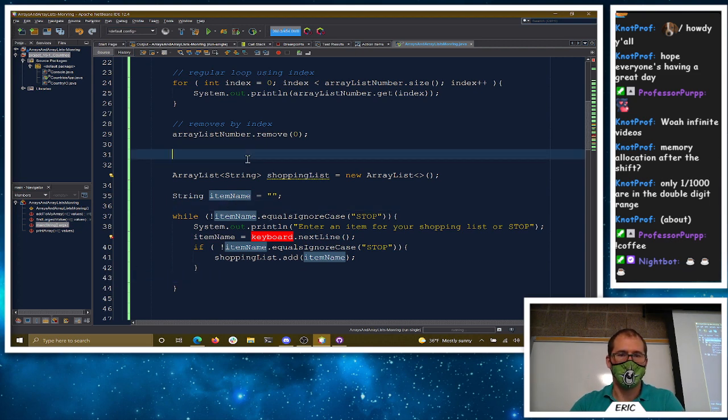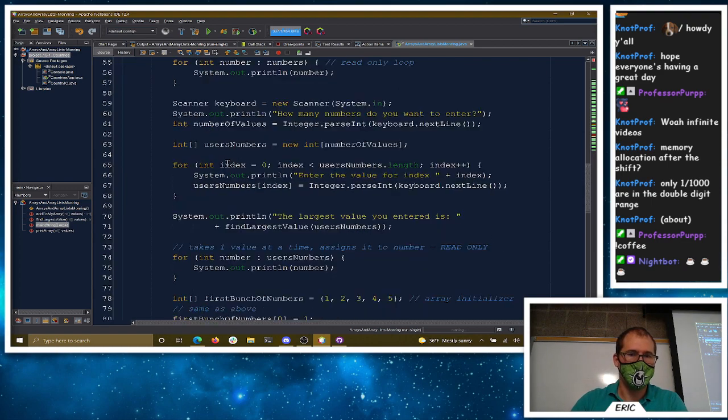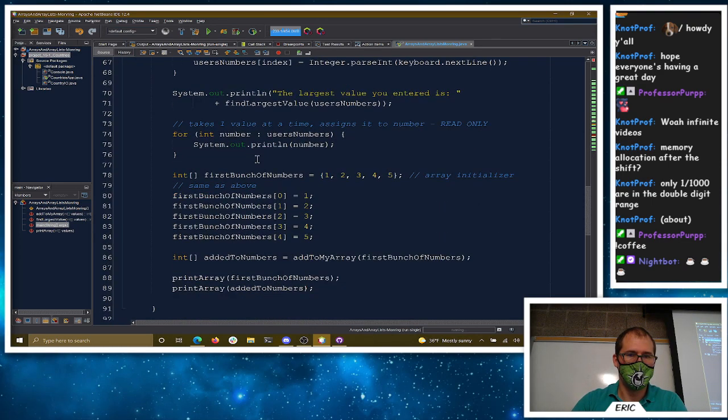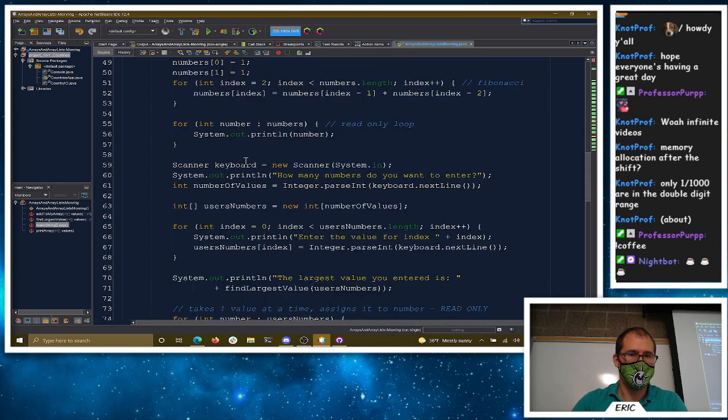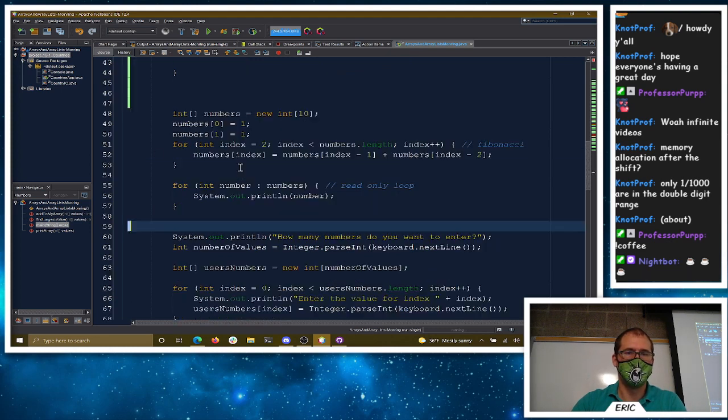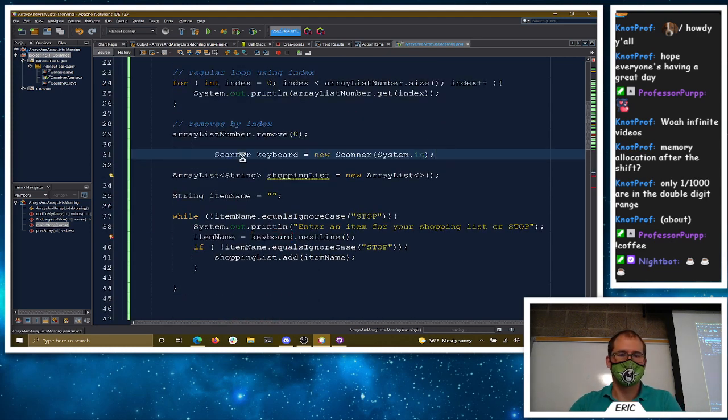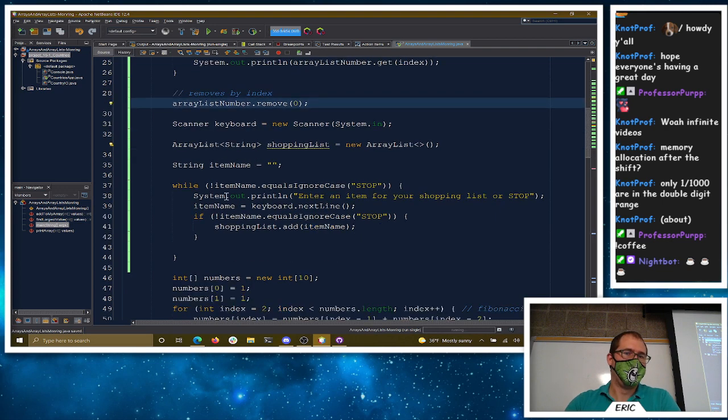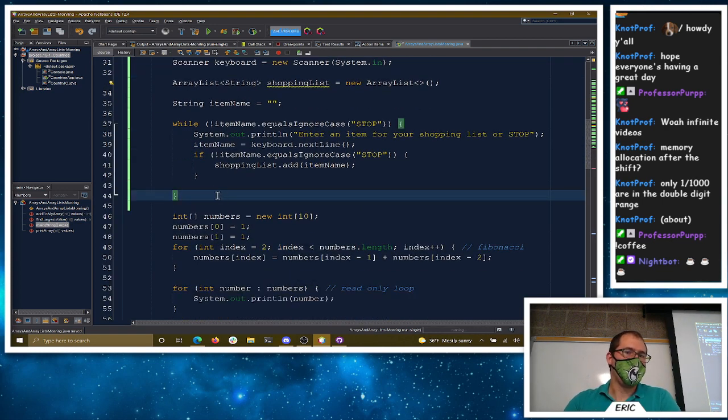Oh, we don't have our scanner yet. Scanner keyboard. Where do we have keyboard in here? I think we used a scanner somewhere, right? Do we not use a scanner in here? Yeah, there it is. Let's move that up a little bit. All right. So just keep on asking, so we can keep on entering values into our shopping list